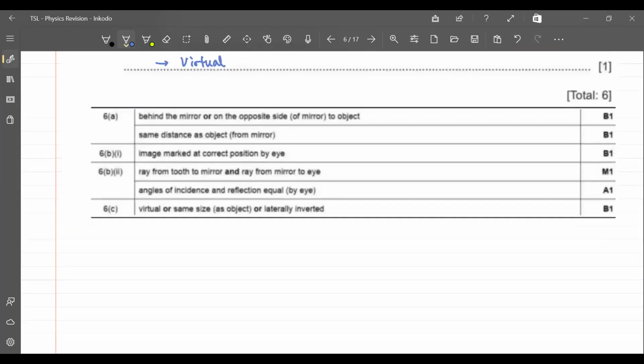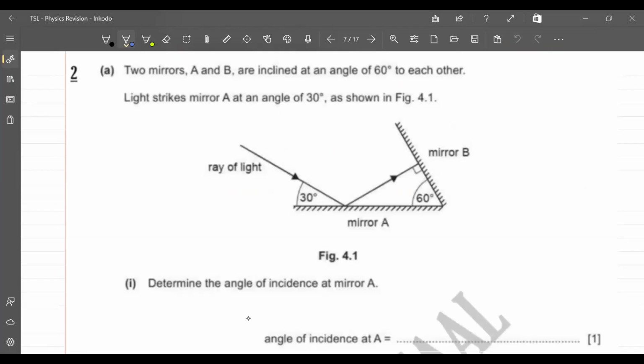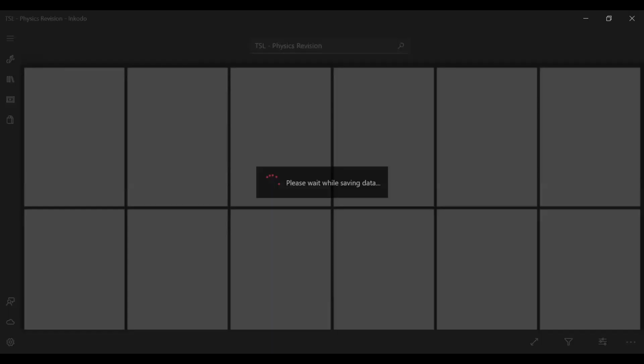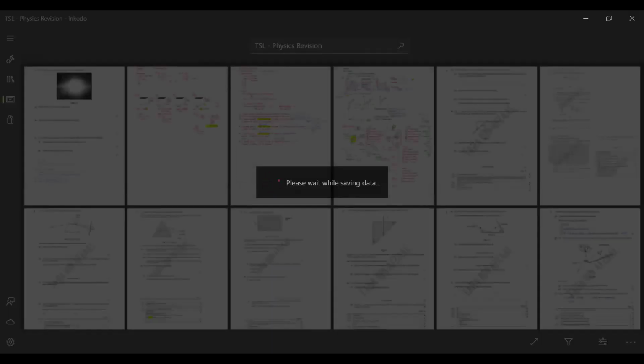Next is question number 2 from your past papers. So I'm going to go on to question number 2. It says two mirrors. Again, it's a mirror, so laws of reflection only, okay? Where the angle of incidence is equal to the angle of reflection. This ray of light that you see here,